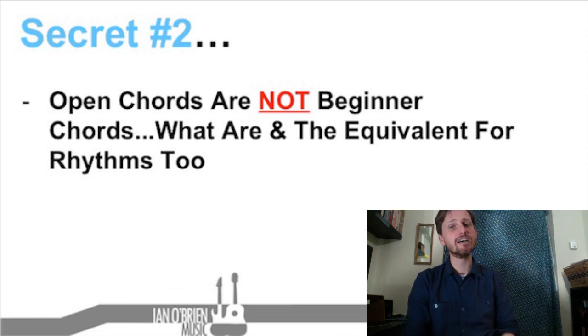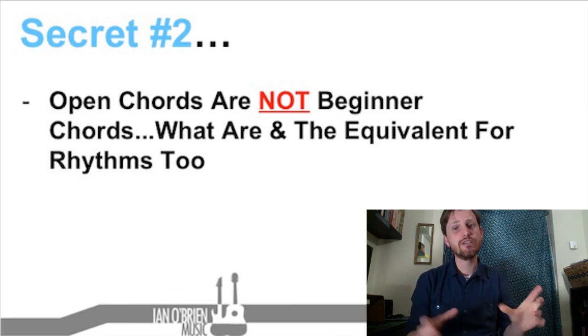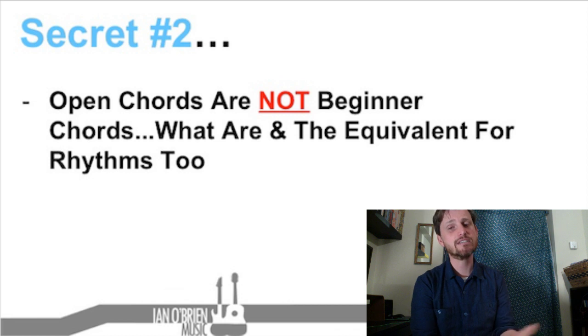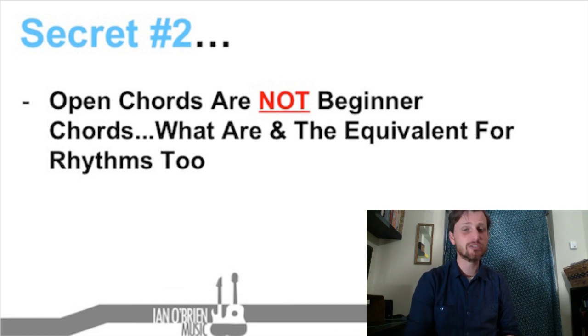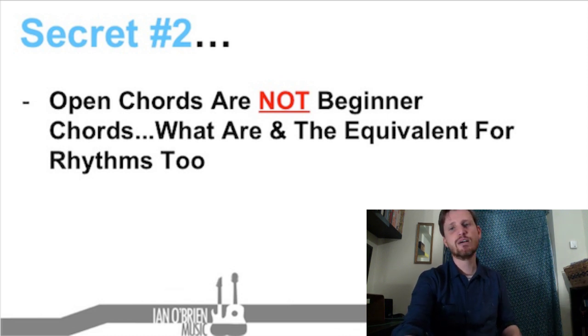I started this guitar class with secret number 1 by showing you a method for fretting chords, because that's what people always ask me for first, because they started learning a bunch of open chords that are not suitable for their level, and they got stuck playing and changing between them. How you learn to play chords is important, but in this example, the chords and rhythms you're learning are actually more important than the method you use to learn them. I mean, if you're learning the wrong thing, it doesn't matter how fast or precisely you learn it. It's like rearranging the chairs on the deck of the Titanic and doing a really good job of it. It doesn't matter how well you do it, it's just the wrong thing to be doing in that situation.